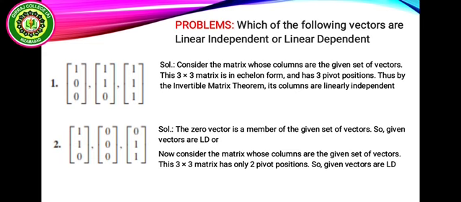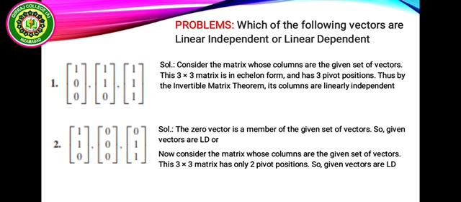Consider the matrix whose columns are the given set of vectors. This 3 by 3 matrix is in echelon form, meaning the below-diagonal elements are zeros. So we say the diagonal values are pivot values, pivot positions. Here we have 3 pivot columns and the number of rows is 3. So by the invertible matrix theorem, the given set is linear independent. When the number of pivot columns and the number of rows are equal, we say the given set of vectors is